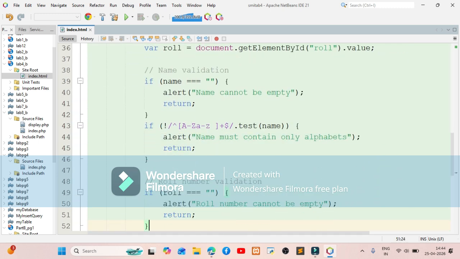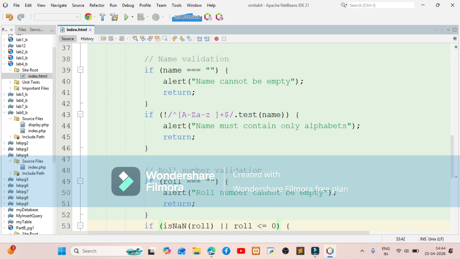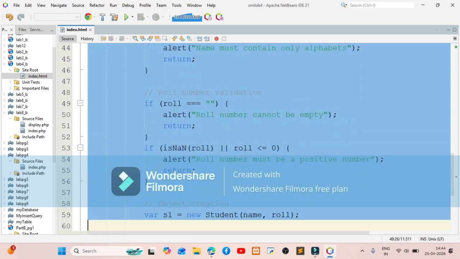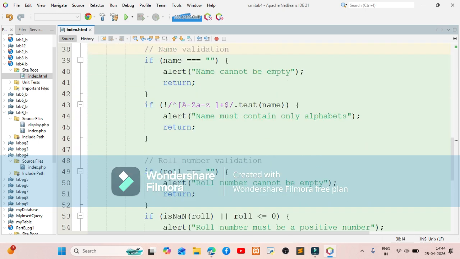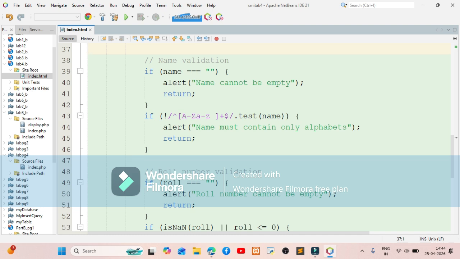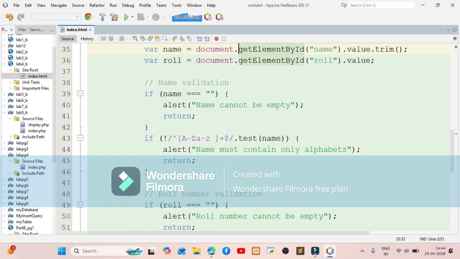Now if you see, these are some validations that I have added. This is not at all compulsory. You can skip this for the exam if you feel like this is very difficult to remember, but this is a good programming practice. Normally, I think you people have done the validation in HTML5 without using JavaScript. We can apply the same validation for our form using JavaScript. So if you see, this is the first if statement, and here I am checking if the user has left the name form input blank. So if it is blank, there is an alert message for the user, name cannot be empty.